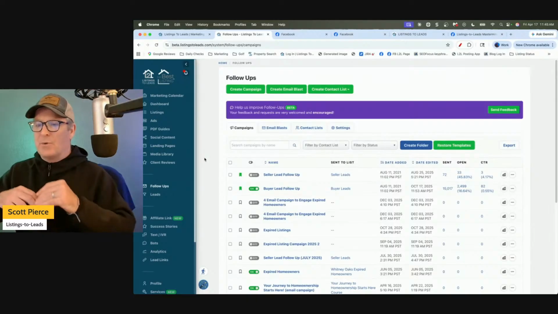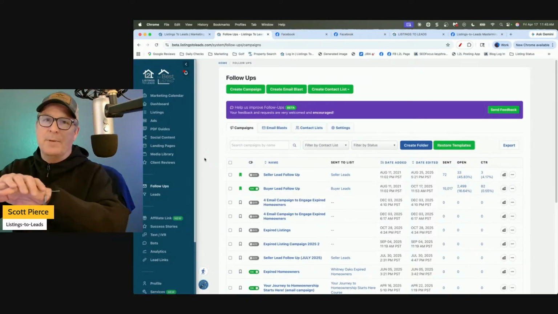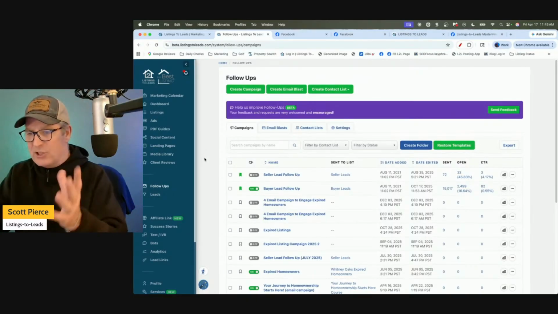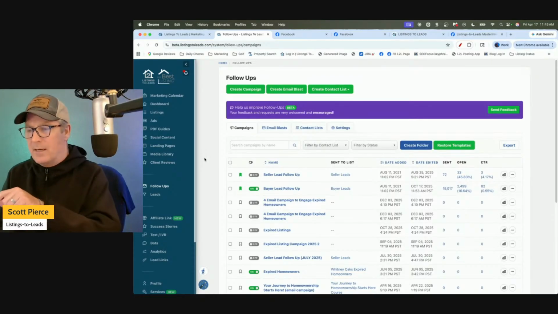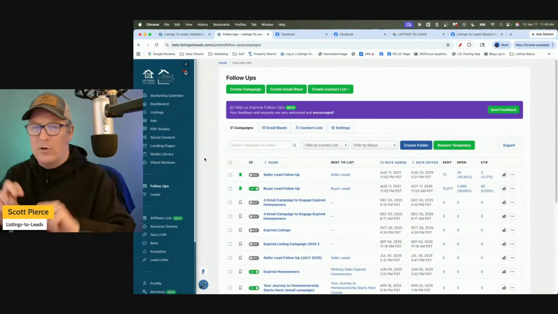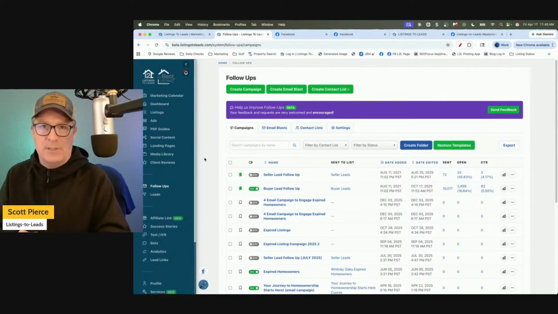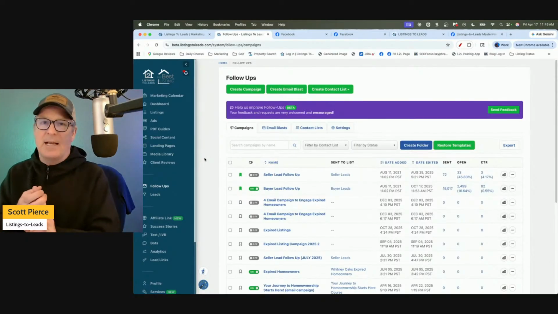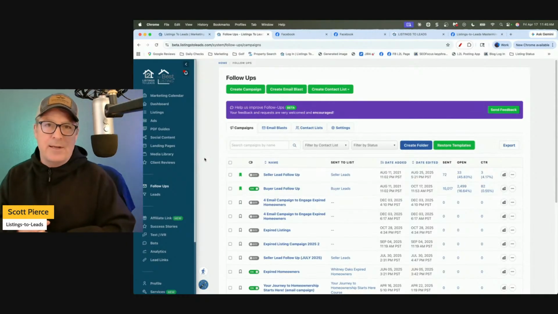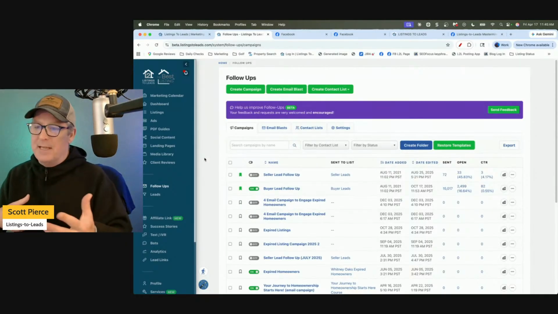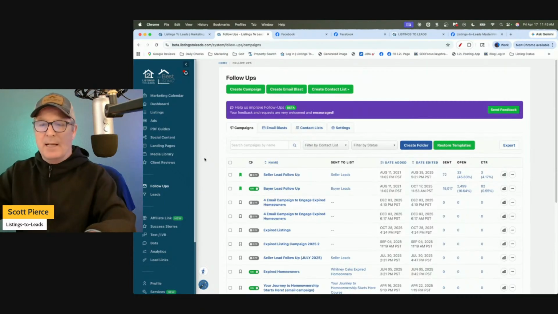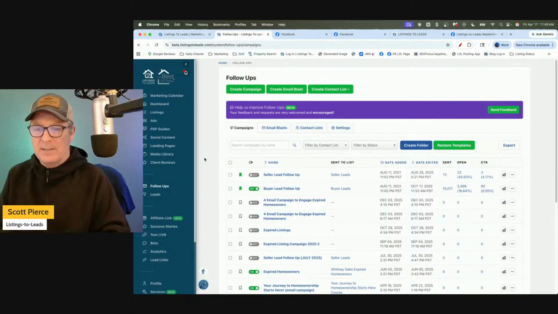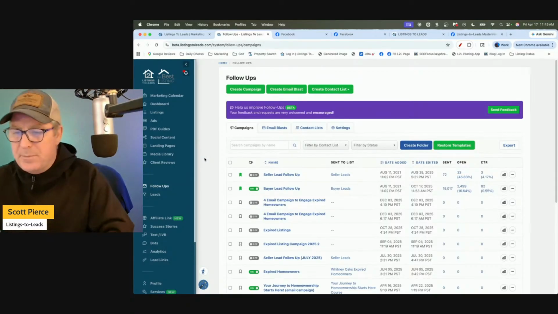So what we're doing is we're going to be taking Go High Level. We're going to be creating a nice shell around it and get everything set up for you as a real estate agent to where you don't have to learn Go High Level. All right. You just use it. So we're going to be doing the AI texting out of there. We're going to be doing AI voice out of there, follow-ups, everything, pipeline, right? All of that stuff will be set up for you so that when you log in, it's just ready to start using, and it will connect into Listings to Leads. So yeah, that'll be something that you'll see in the next 1 to 2 months.